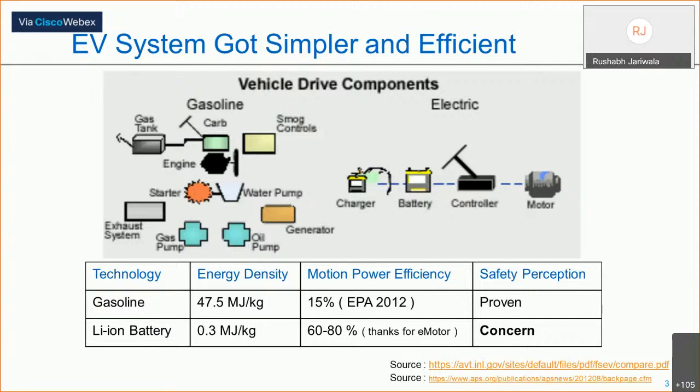When it comes to the gasoline vehicle, gasoline has a very high energy density, but the conversion of the energy density to motion power is just something like 15%. But from a safety point of view,